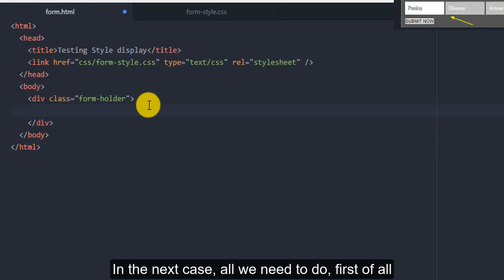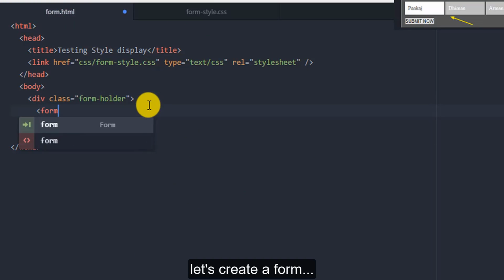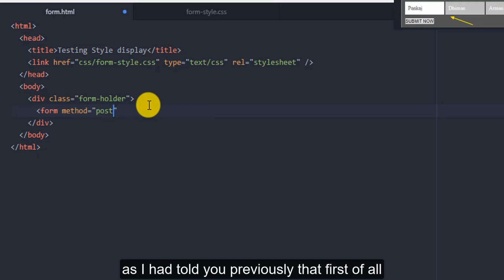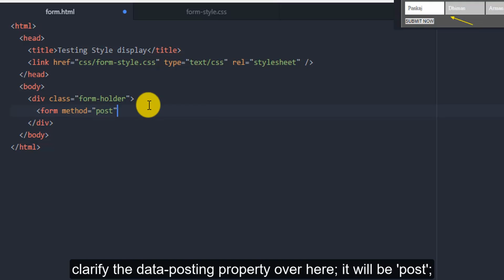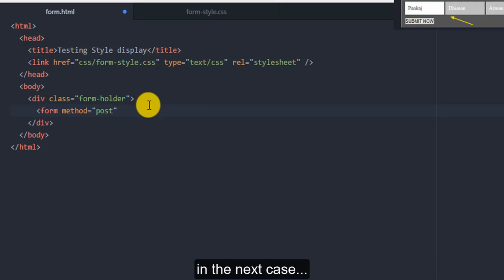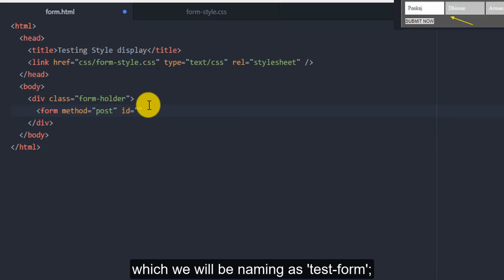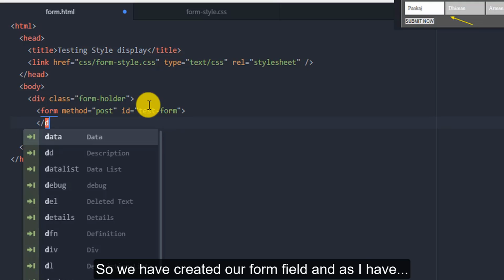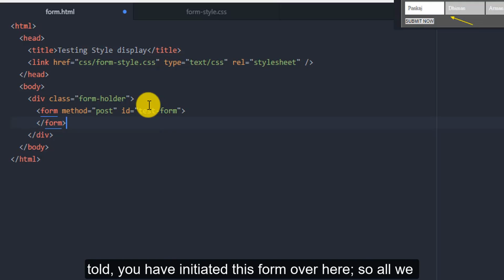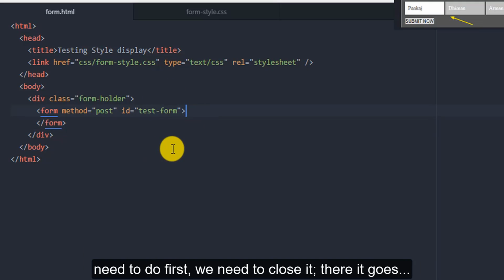In the next case, let's create the form. As I had told you previously, first of all, clarify the data posting property. It will be post. Next, we need to create an ID which will be named test form. So we have created our form field and initiated this form. All you need to do first is close it.